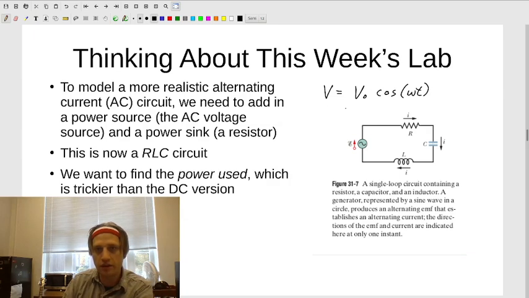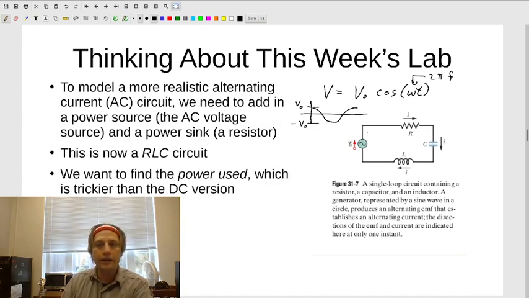So you get to pick that frequency, where that's 2 pi times the frequency. And the voltage is going up and down, so it's going between some maximum and some minimum. And when you put in a capacitor and an inductor, the resistor, we didn't put in an extra resistor, but